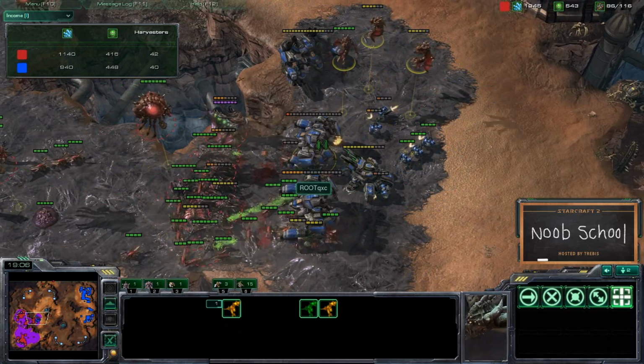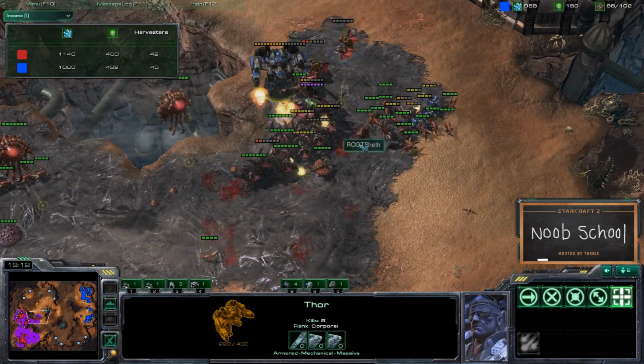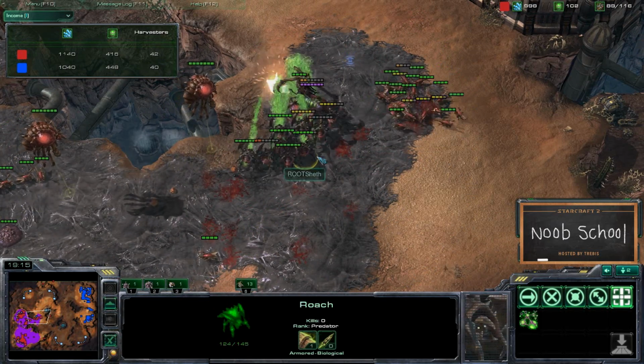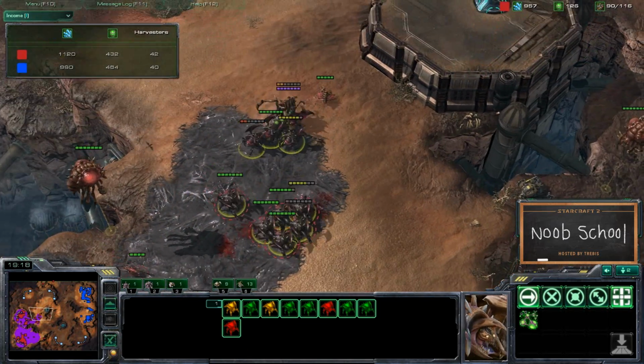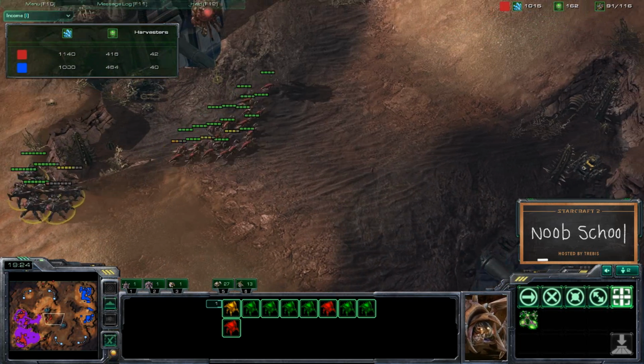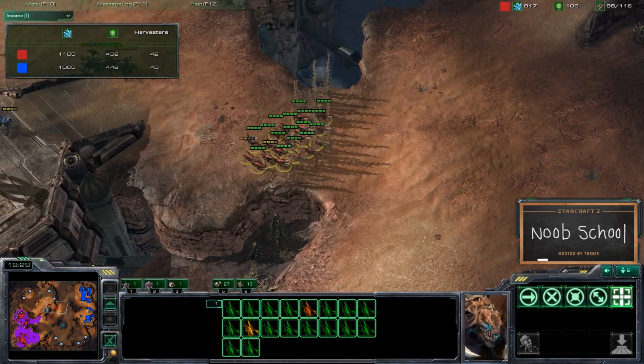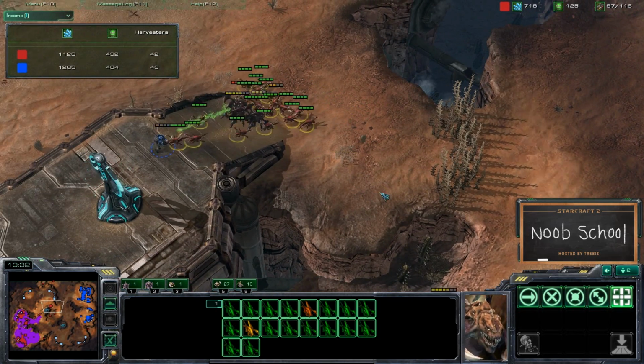Mutalisks able to do quite a bit of damage on these Thors. Thors not super great against roaches. There's just not a whole lot that Thors can do. There's no way they can micro against roaches, so if they ever get any kind of surround going on, the Thors will just get out-DPS'd crazy, and Sheth will be able to push in here, likely do a lot